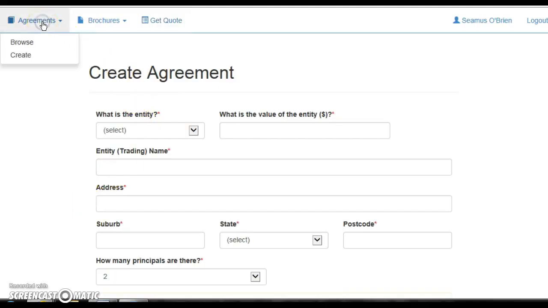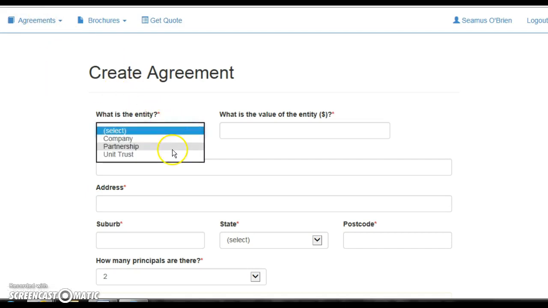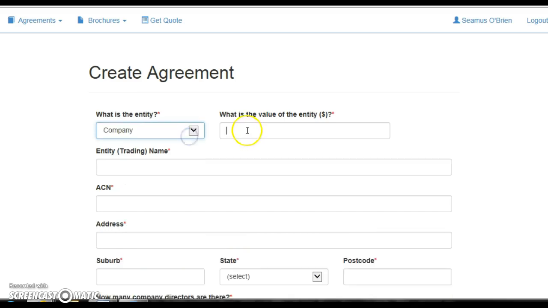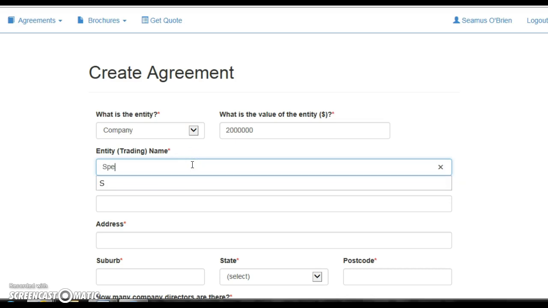Okay, while I'm waiting for that to download, I will go back to the agreement. So to create a new agreement, you'll click on here and we'll fill in the entity. You've got a company, partnership or unit trust. So let's just say for this example we're using a company, $2 million value, and we'll call it Specialized Insurance Group,